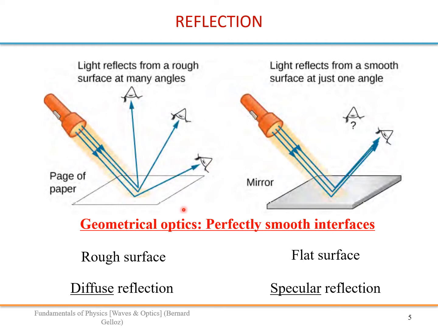So that's why you can see, for example, that page. If the light reflects on that page of paper, which is very rough, you will see an image of that light from whatever angle you are looking at, like illustrated here. But in this case, if you have a very smooth surface, the rays will all reflect at the same angle, and you will see this light only if you are here. If you are here, you will not see that light, if the rays coming out of the light of this lamp are all parallel in this way.